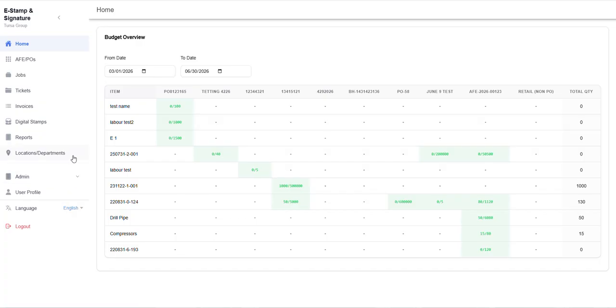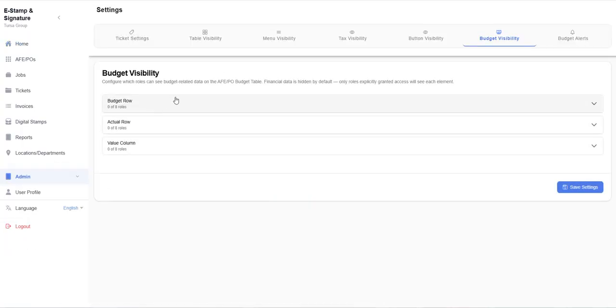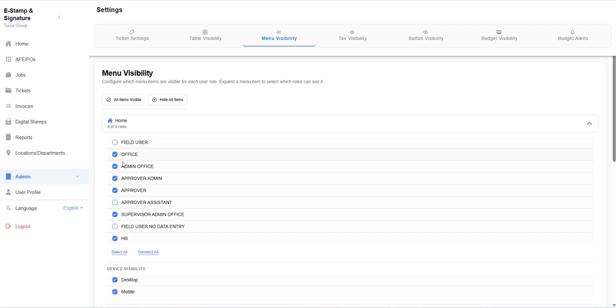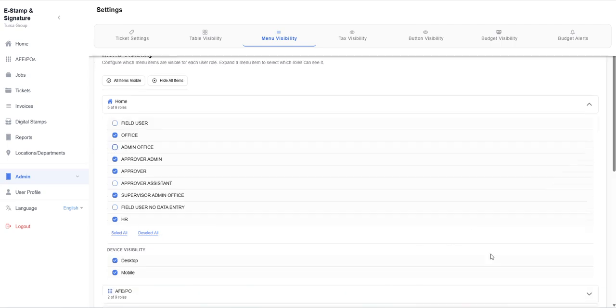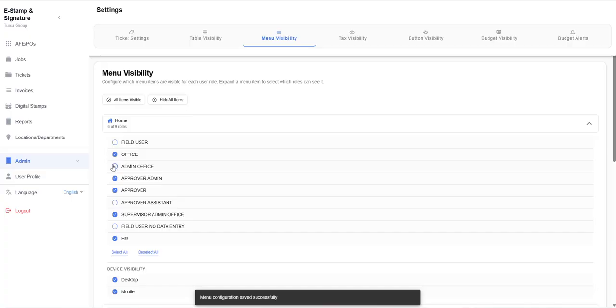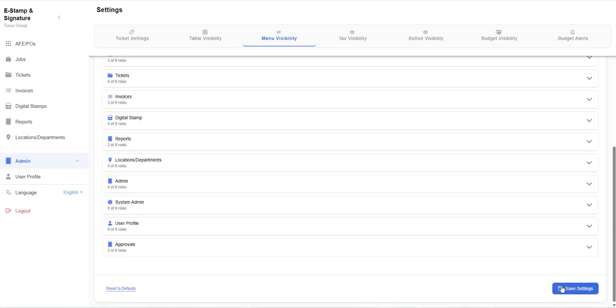So, for example, if you don't want field staff or any other role to have access to this budget overview, you can manage that by simply going to the menu visibility and block them completely from that menu, so the menu disappears from them. It will be gone,